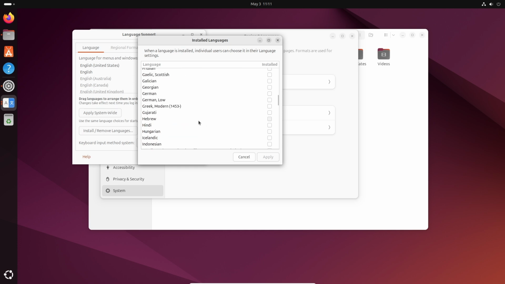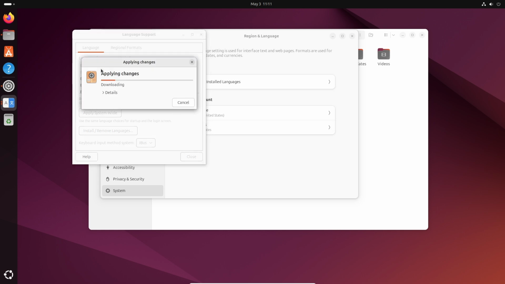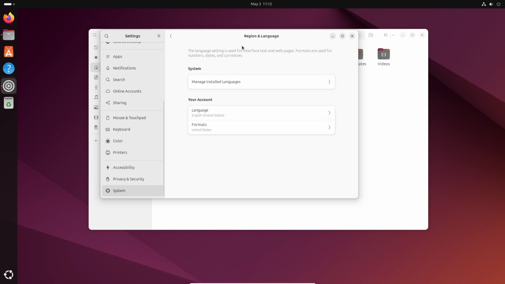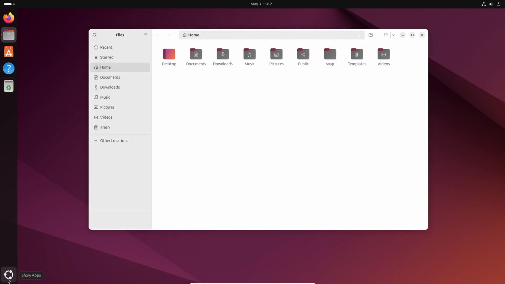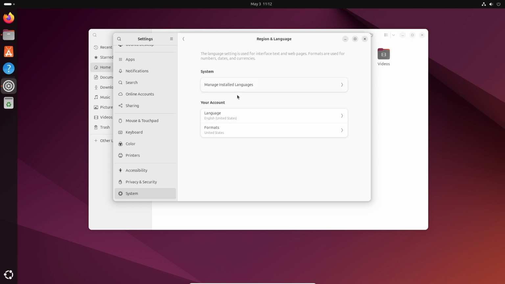So just select the one of your choice over here. I will just select a few of these and click on Apply. This will apply the changes. And now just reopen Region and Language. Okay, just close this and again go to the same settings, System, Region and Language,